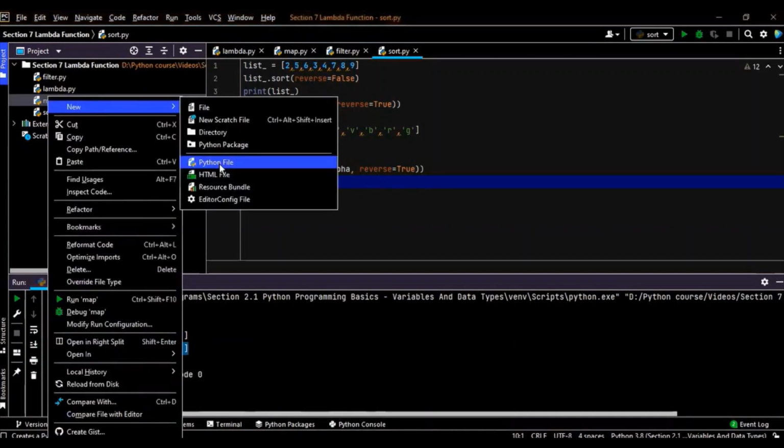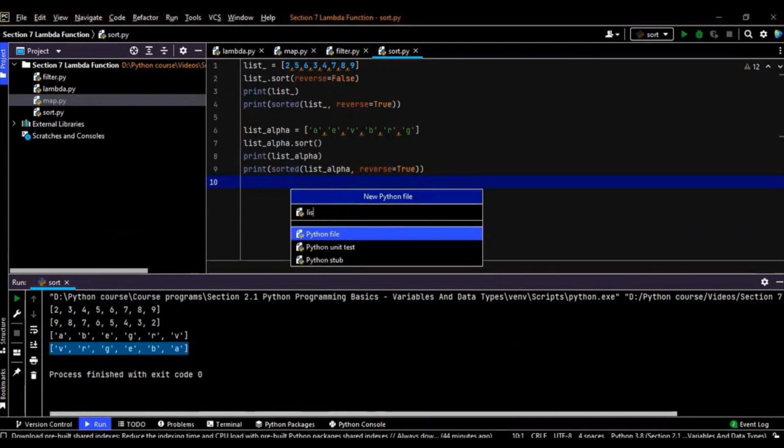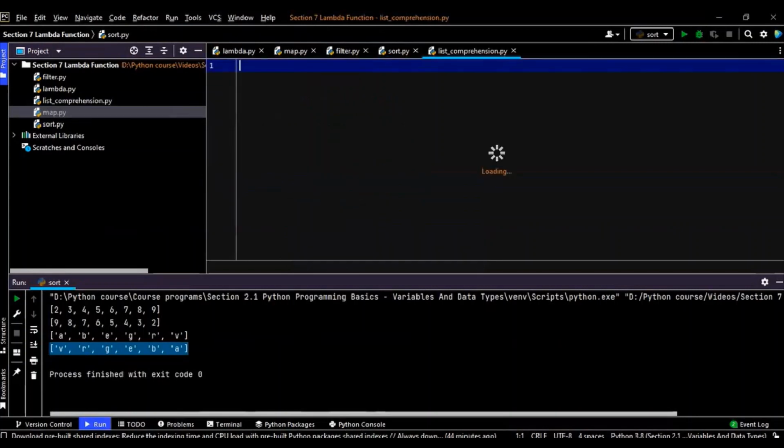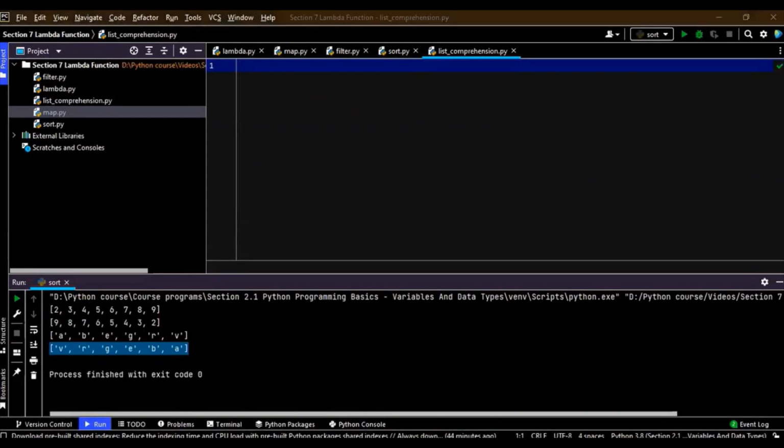So let me just create a file, list comprehension. All right. So what is list comprehension? So let's say you know already about list, right? So it's somewhat related to that. If we talk about it, we can say that